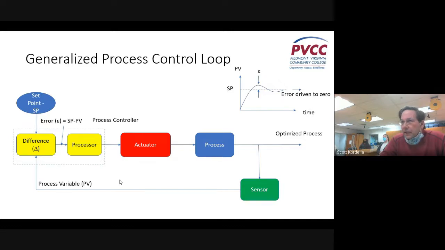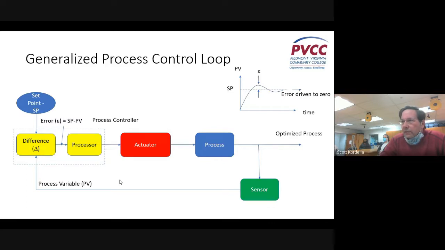And the key components of this process are what we would call a process variable, a set point, a sensor, an actuator, and a processor. And these act in unison in a closed loop sense, that is, with a feedback mechanism to optimize a given process. So for example, if we were to try to optimize the temperature in a room,